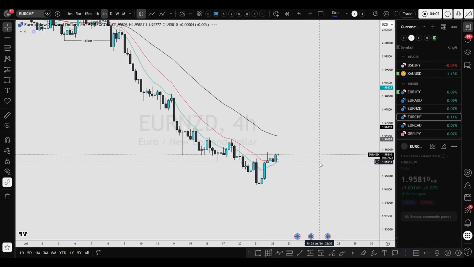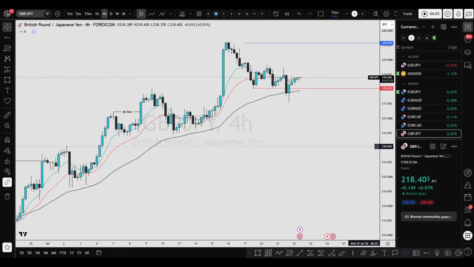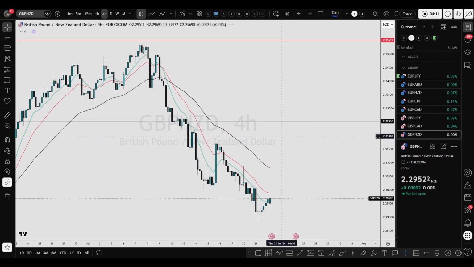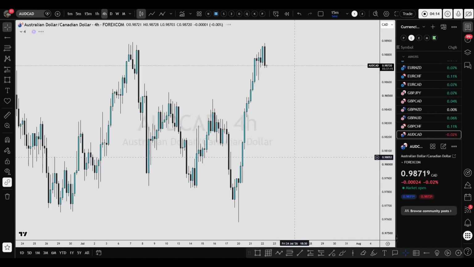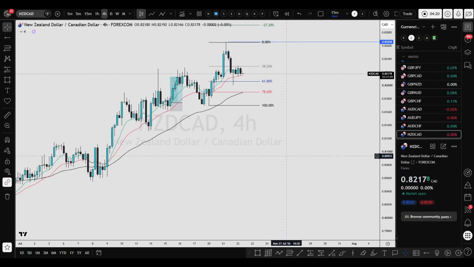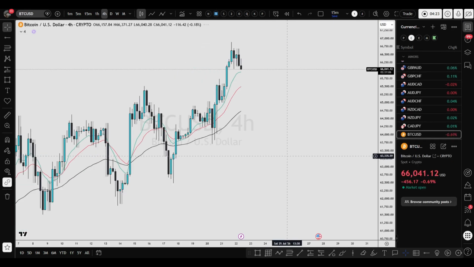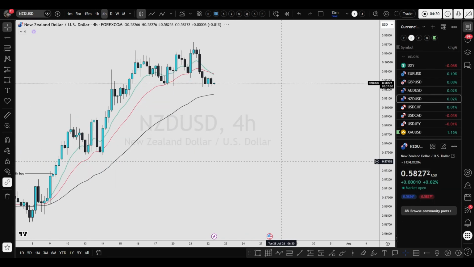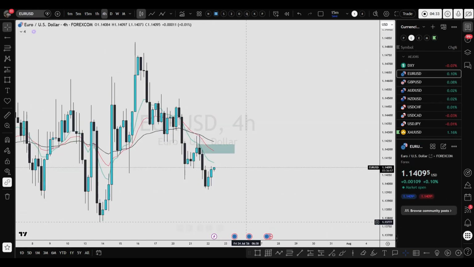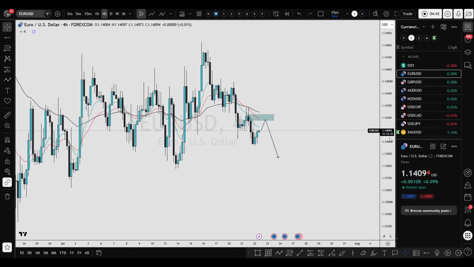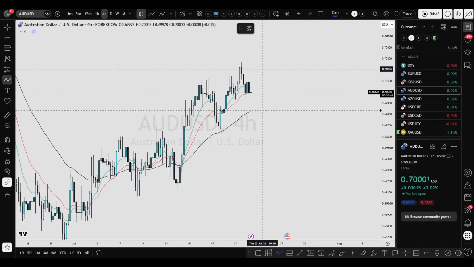Nothing in EUR/NZD. No, there is no clean setup right now. NZD/CAD, no. Nope, there is no clean setup. We can predict some territories, some moves, but it's always better if we just wait for more price action to unfold. I'm waiting for something like this in USD. In AUD/USD, I'm waiting for something like this.